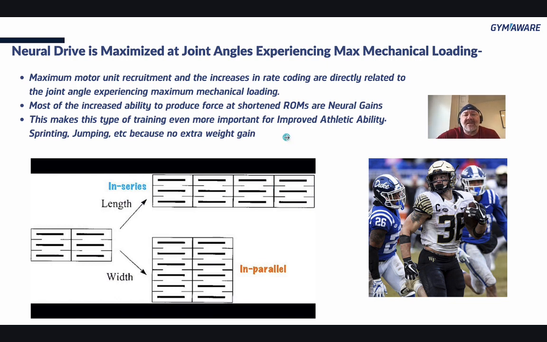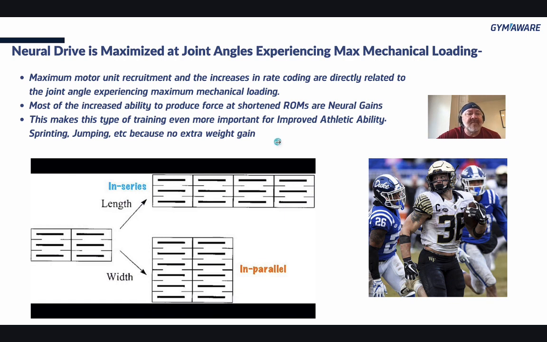now those ranges of motion are finally being overloaded, where they won't be if you always do full range of motion squats. But most of the increased ability to produce force at shortened ranges of motion is neural gains. You're recruiting more of these. You're getting better at synchronization, meaning you're getting more of the motor units recruited all at once, and the rate of that signal is